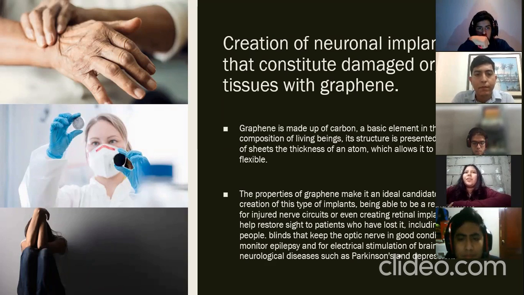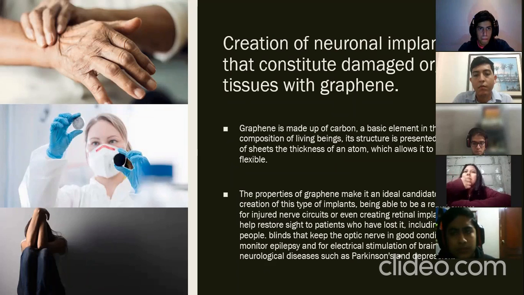Totally removed from consumer technology, the properties of graphene make it an ideal candidate for the creation of this type of implants, being able to be a replacement for injured nerve circuits or even creating